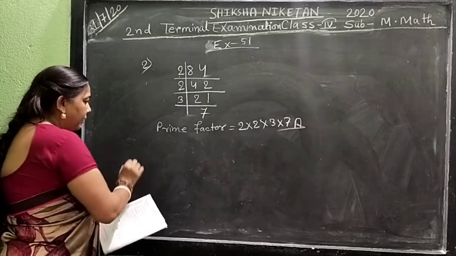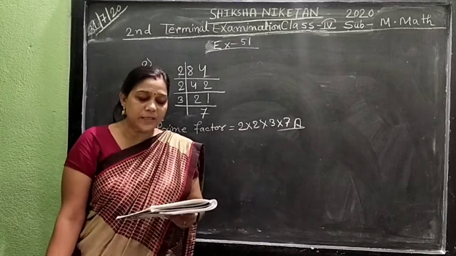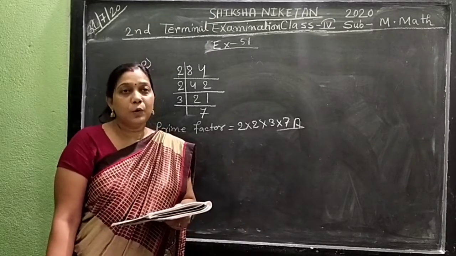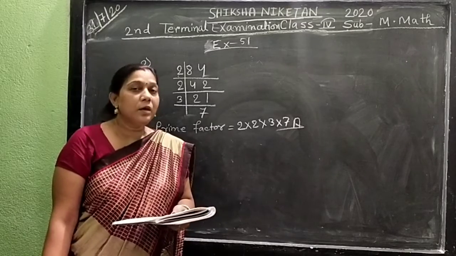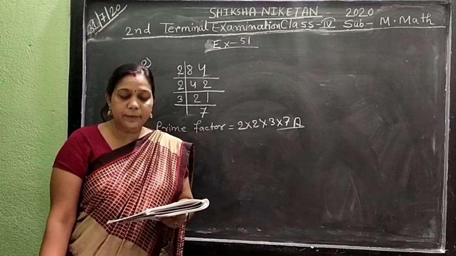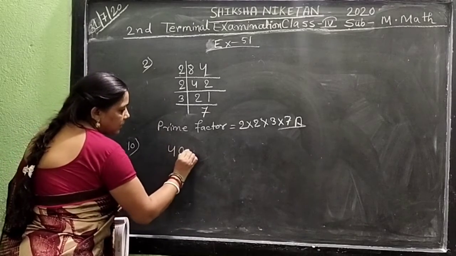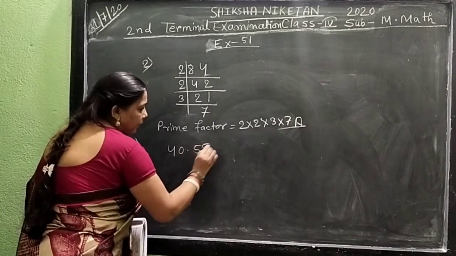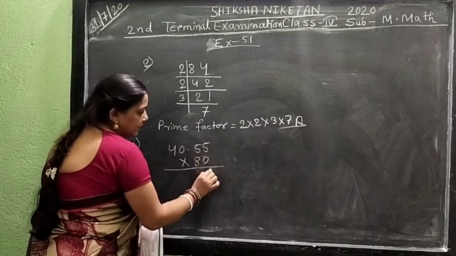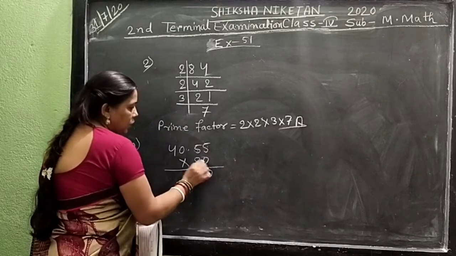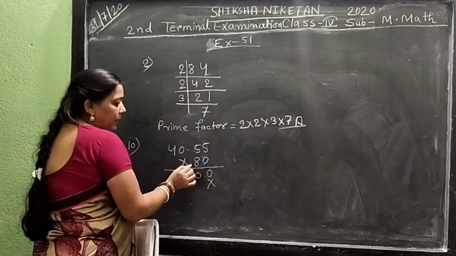I solve 10 number math of exercise 51. Math is $1 US is equal to rupees 40 rupees 55 paisa. 80 US dollars, how much rupees? Then I multiply 80 with 40.55. 5 zeros are 0, 5 zeros are 0, 0 zeros are 0, 4 zeros are 0. I put the symbol of multiply, then multiply with 8.